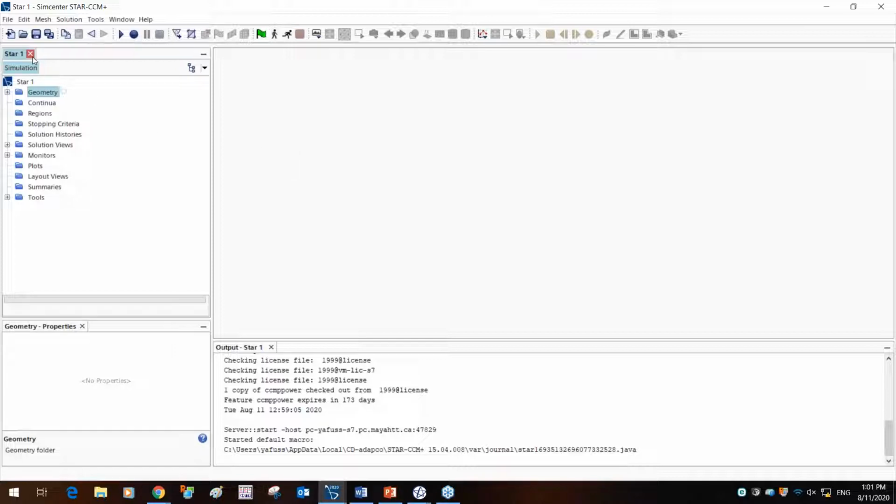I'll just give you a quick overview of what's on the top bar. In the first section, you have create new file, opening a file, and saving them. Out here is to copy, undo, or to move up the tree. Then you have options for recording macros. Now, Star CCM Plus has a Java API, and so you can record a given macro, which will output it in Java that can be used to automate your processes.